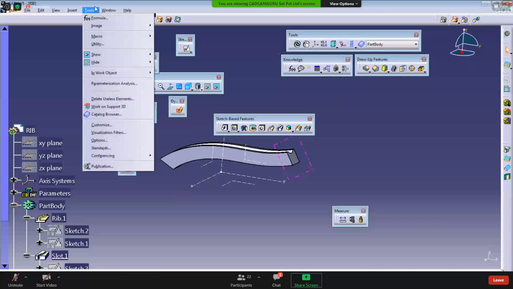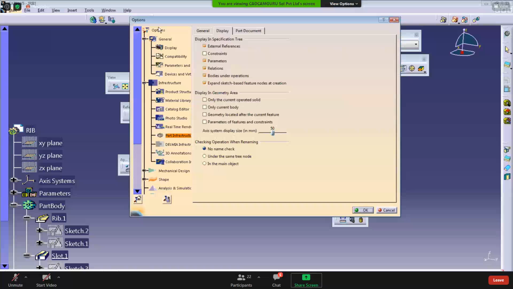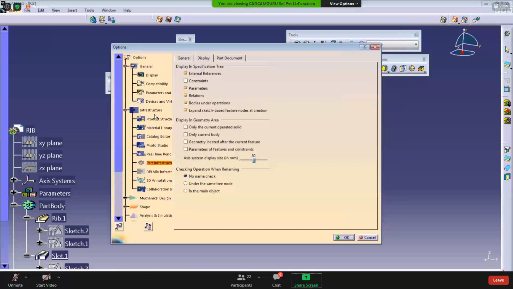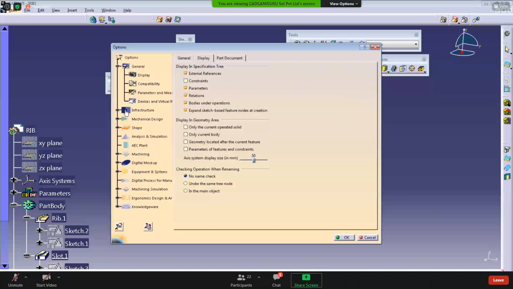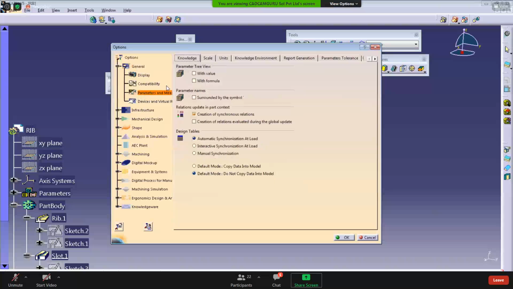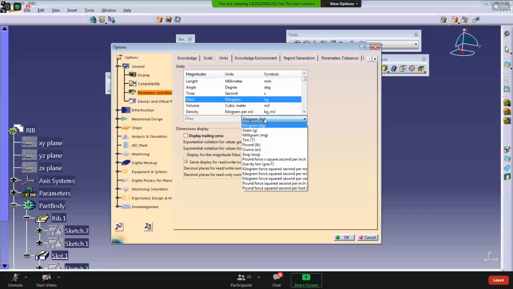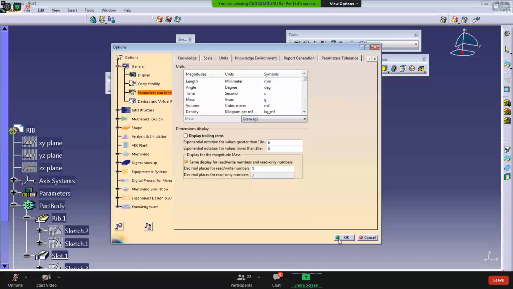Write a sequence. Tools, then options, then general, parameters and measures, units. I want to change the mass kilogram to gram. Click on OK.